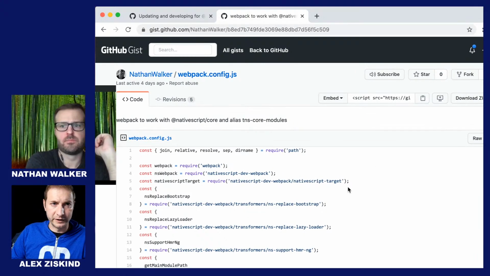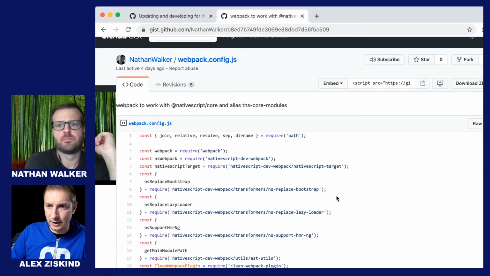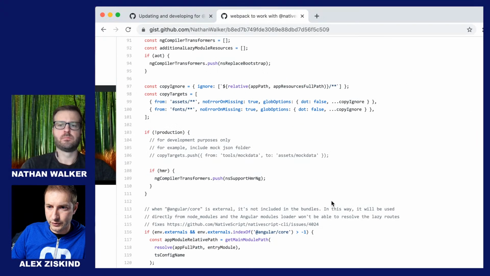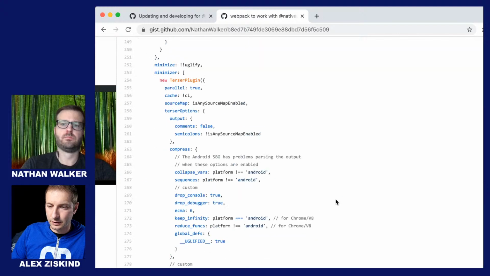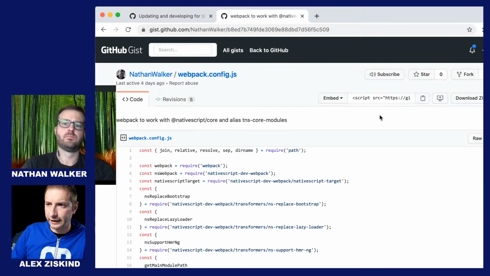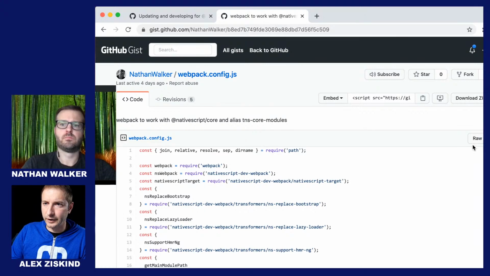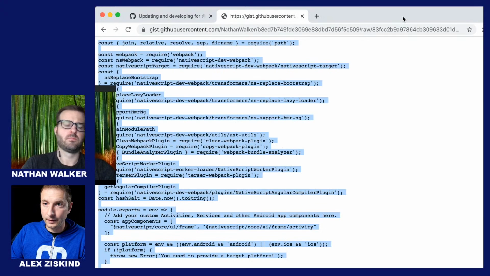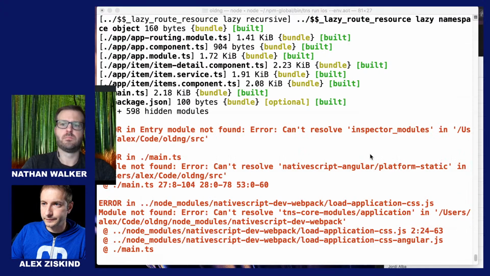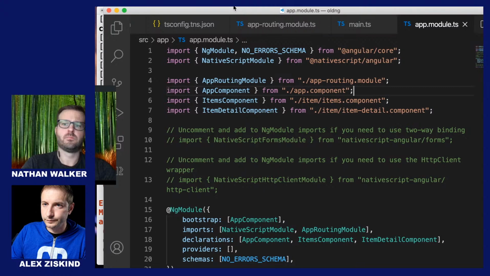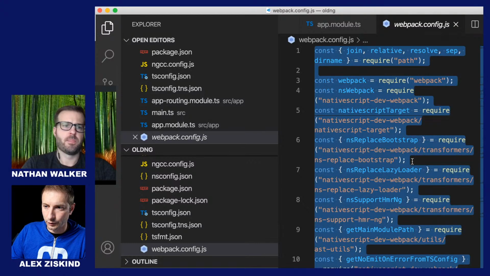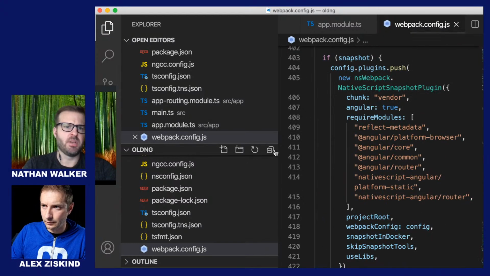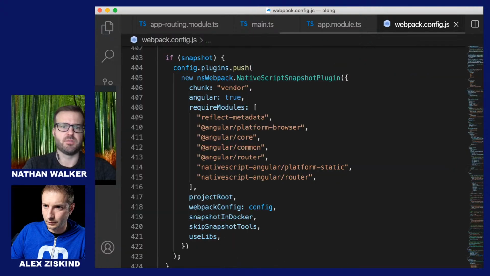Okay, I want to be mindful of everybody's time. We're going to finish probably in 5 minutes, and I just want to get this issue resolved right here and then show you how to turn off Ivy if you need to do that. So this is the new Webpack config. Let's go ahead and copy it in there. And I can just do a straight up replacement. Yeah, I would just copy and paste the entire thing. Okay, and there is one or two dependencies we may need to touch with that, but let's try it straight. All right, I'm going to go ahead and